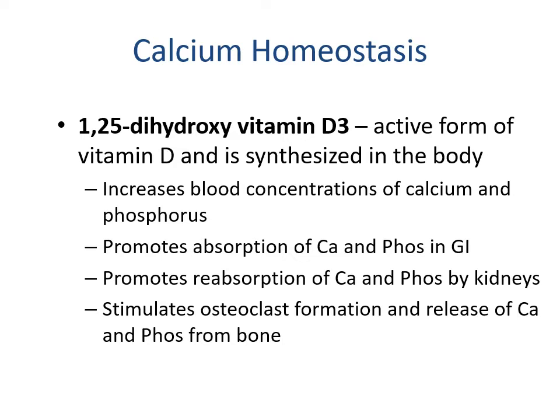Looking at 1,25-dihydroxycholecalciferol, or vitamin D3, or calcitriol, a bunch of different names for the same thing, we're looking at the active form of vitamin D. Again, this is synthesized in the body. This is going to increase blood concentrations of calcium and phosphorus. This is going to promote the absorption of calcium and phosphorus in the GI tract, promote the reabsorption of calcium and phosphorus by the kidneys, and this will also stimulate osteoclast formation and release calcium and phosphorus from the bone,